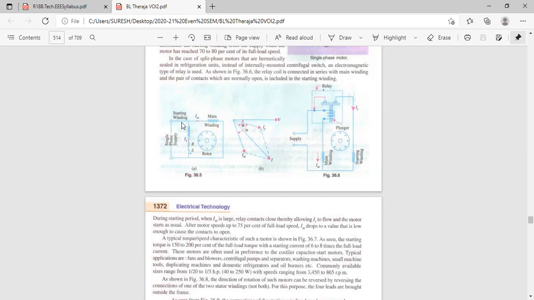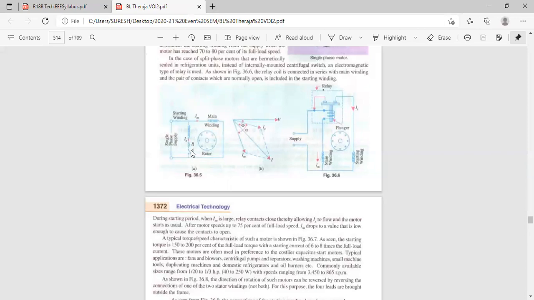What is I value now? Anyone? What is I value? I is equal to IM plus IS. Incoming current is equal to outgoing currents. KCL, simple KCL you have to apply. Is it okay? Write down I is equal to IM plus IS. Is it clear what I am telling?